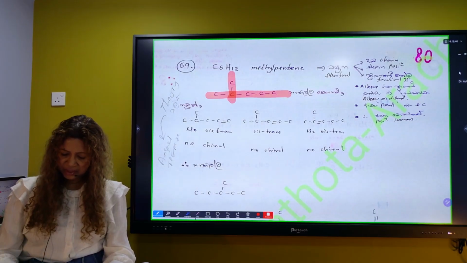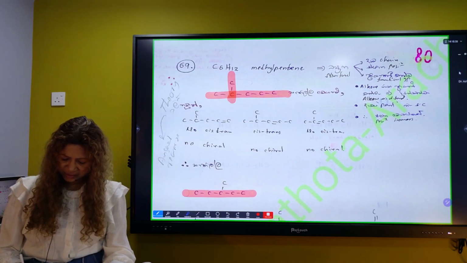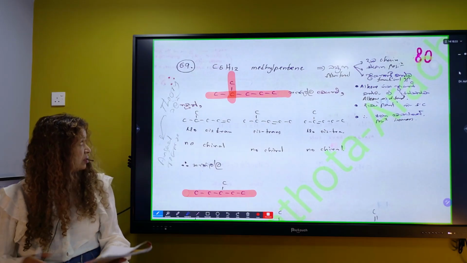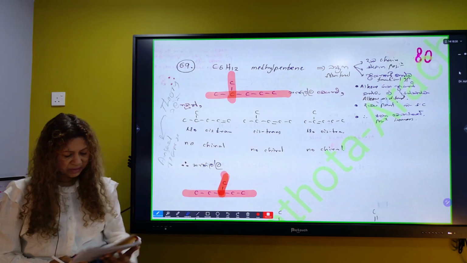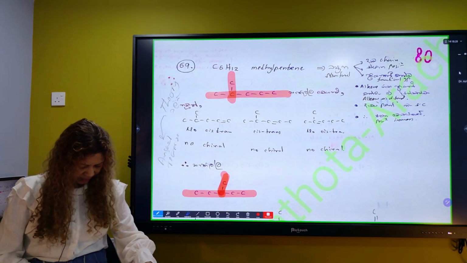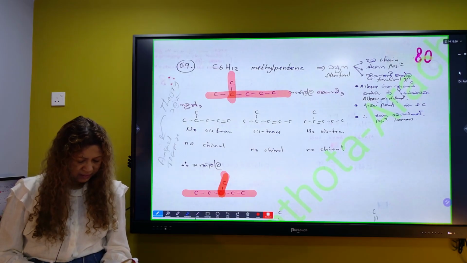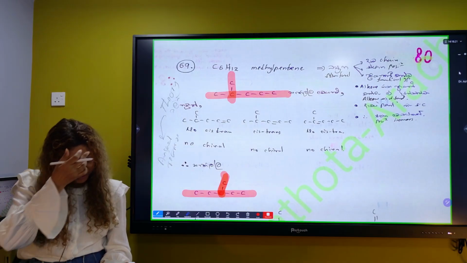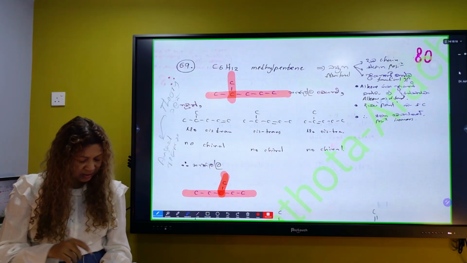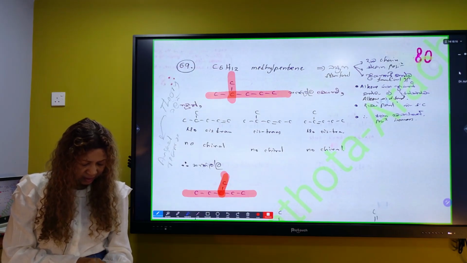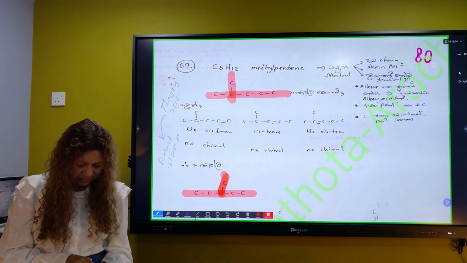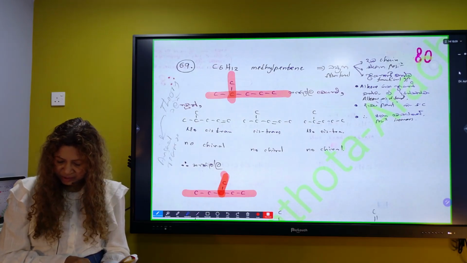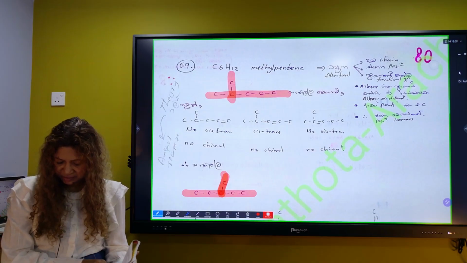So it can go either this way or this way. This is the methyl pentene. These two are the possible structures, this top one and this bottom one. The molecular formula is C6H12, so they are supposed to have a double bond. A exhibits geometric isomerism while B exhibits optical isomerism. Okay, A will have geometric isomerism, B will have optical isomerism.